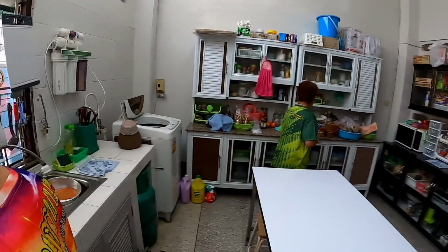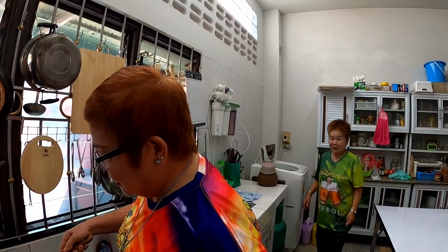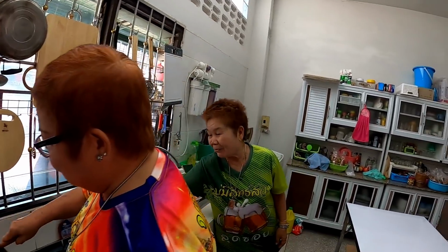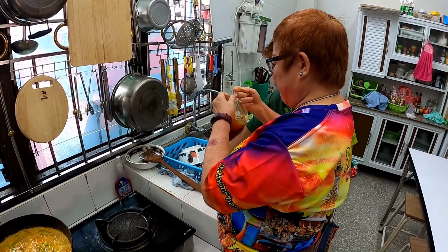Okay, I don't know why I'm having a hard time saying it. Gati. Oh, because it's a weird word. It's coconut milk. Coconut milk. Gati. Milk time. She's gonna put a little bit of the liquid, not any more Panang, but the liquid from it